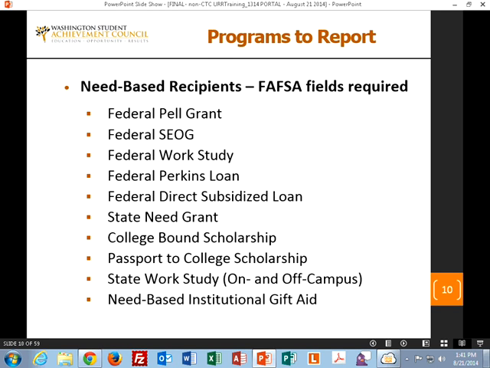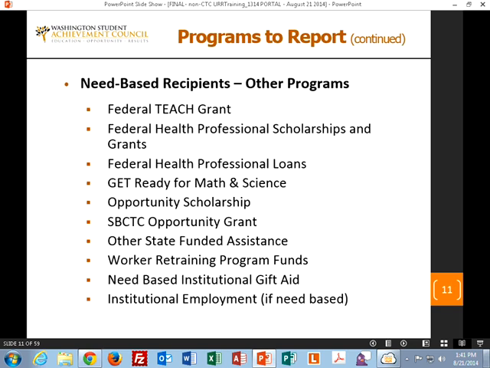There are lots of need-based programs where all of the FAFSA fields are required. Probably no surprises from seeing these, knowing that for all of these programs a FAFSA must be filed. And there are other programs that are need-based where you may or may not have a FAFSA, but there are a number of items you have to report with or without it. If you have the FAFSA, then we need the FAFSA data.